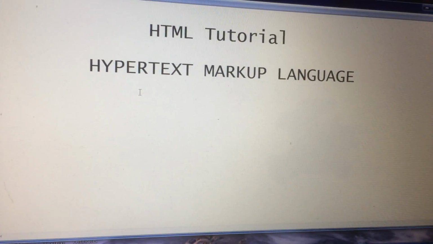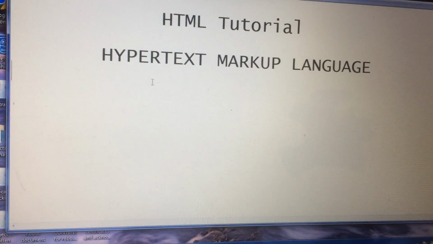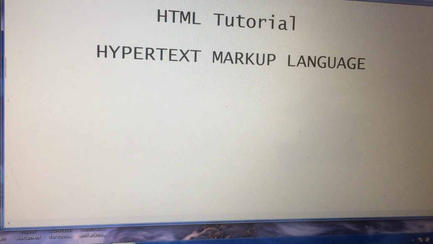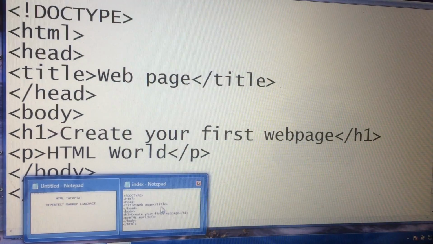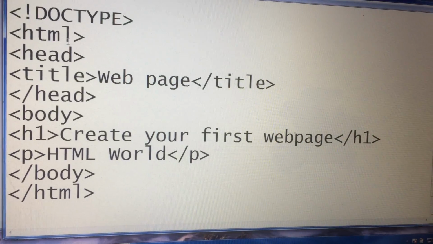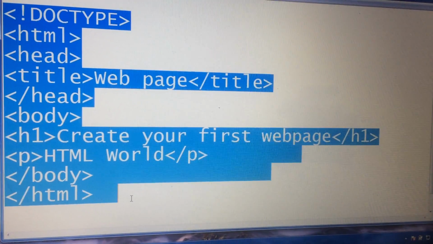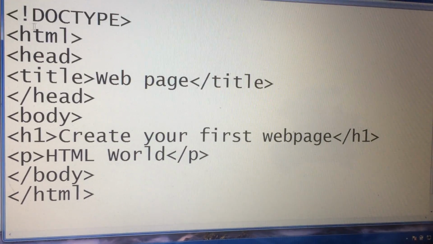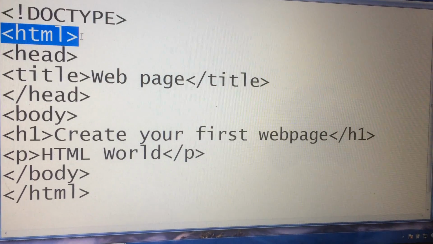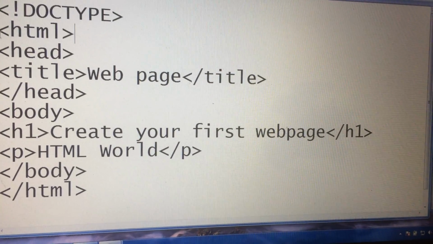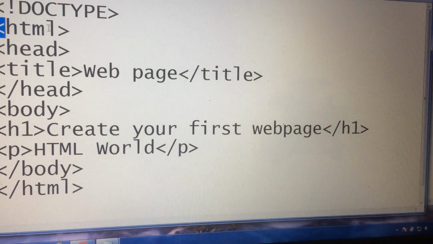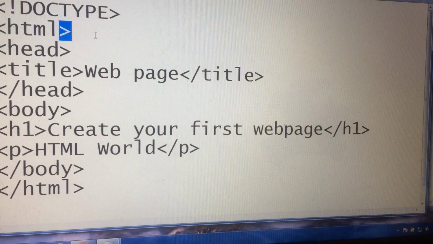So now let's see one example. All the programs in HTML are written on Notepad. So this is a program. Let's discuss these tags. These are called tags, and this is the open tag, and this is the closing tag.